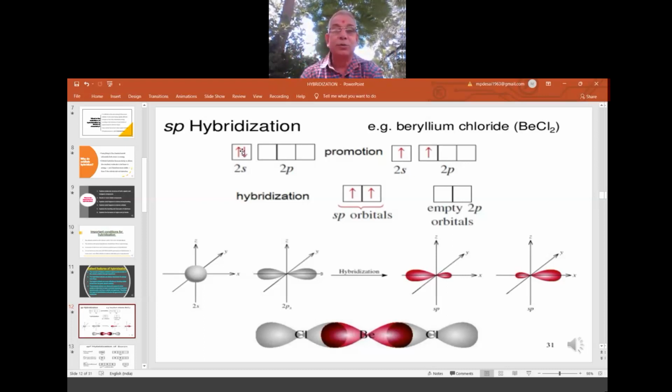So this one box is one orbital. Which orbital? I wrote at the bottom, 2s orbital. How many electrons? 2 electrons. One with upward arrow mark, one with downward arrow mark, indicating that they are with opposite spin. Same spin will repel, and again they go for more energy and are less stable. So always every orbital will have 2 electrons with opposite spin. This is strictly according to the Pauli's exclusion principle.